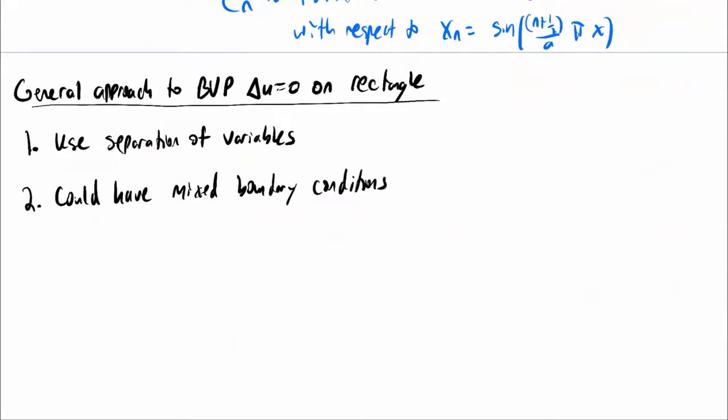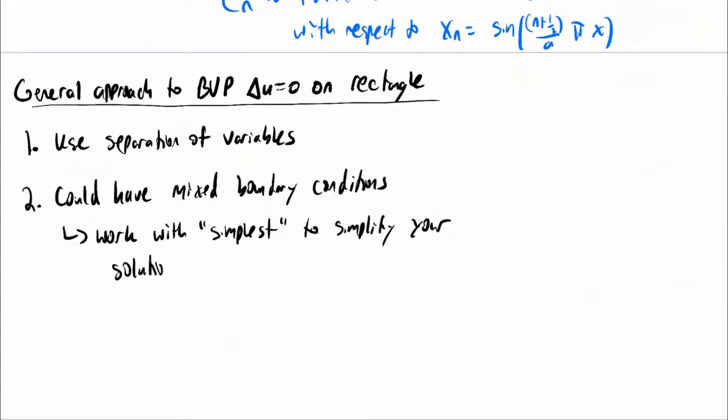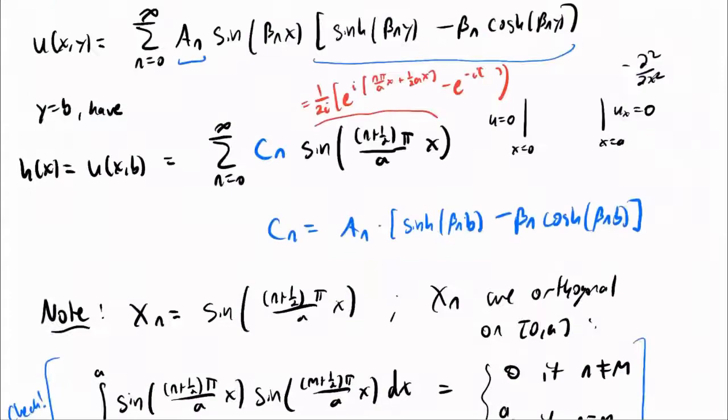And so what you want to do is work with the simplest of those conditions to simplify your candidate for a solution, right? For example, what did we do earlier? Well, we looked first at the conditions that had 0 on the right-hand side and which were easier to work with. For example,